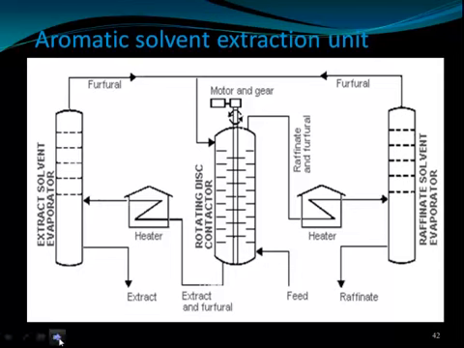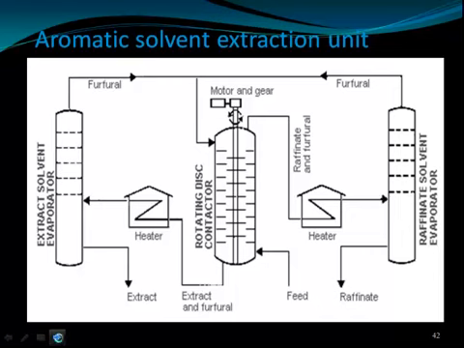So this is a diagram for the aromatic solvent extraction unit, where we take the product and add the solvent, then it is properly mixed in the mixer. After mixing, there will be the component dissolved in solvent, and the other is the component from which we have taken out the contaminants. So they will form two different phases. We can remove them separately in a settler, and from the settler the solvent with contaminants is removed, so that we can further remove it by the heating operation.